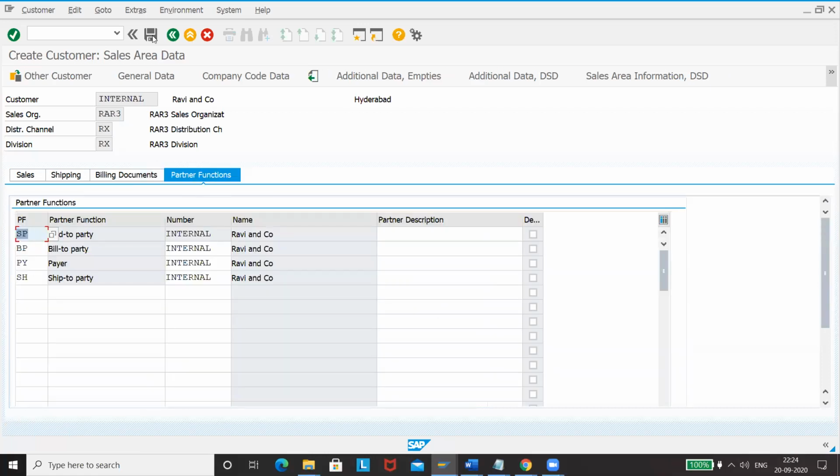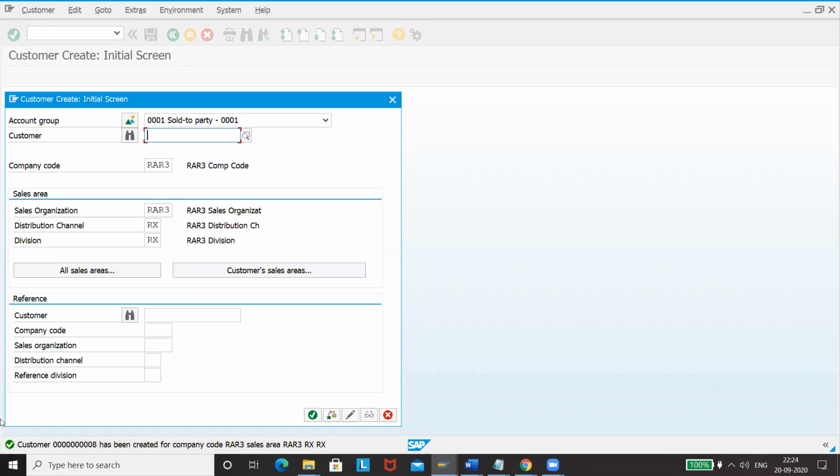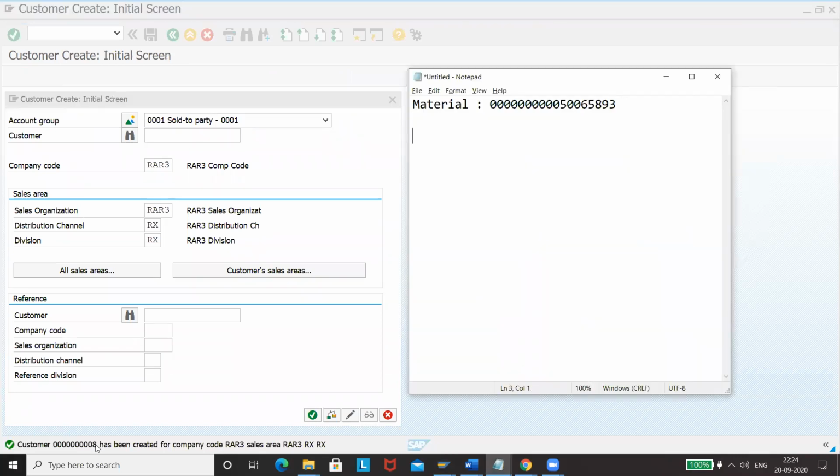It's good, everything is fine. Click on save. Yeah. So customer 7 is created. Sorry, it is 8. Let us take this number as well.